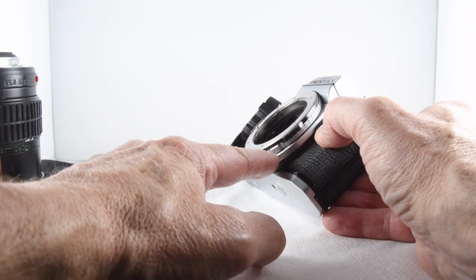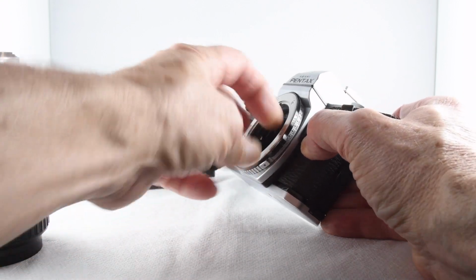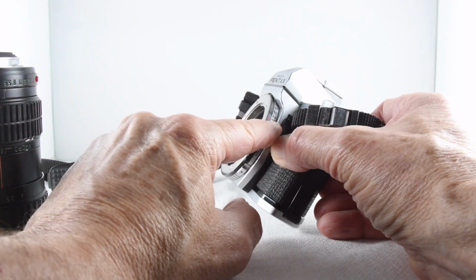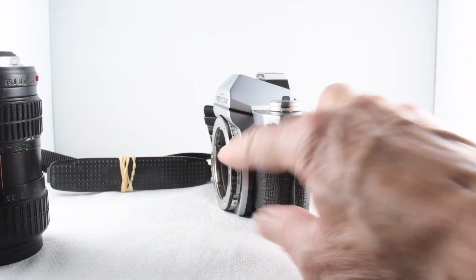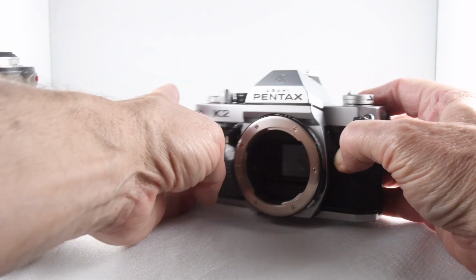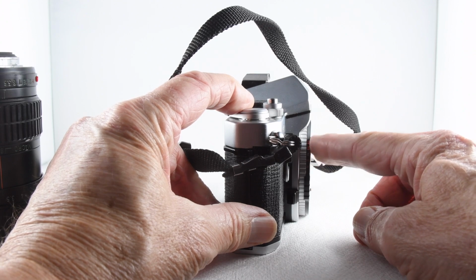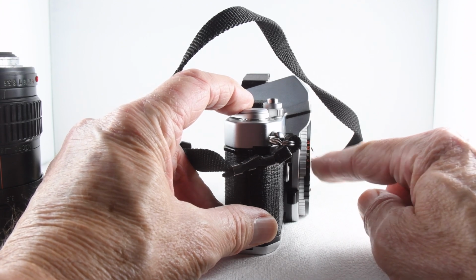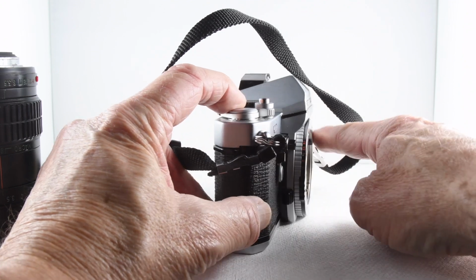And we have this little release that we push in, I believe, and then we rotate it to our given film speed with the red dot just there. But at the same time, over the other side, we have to be careful, because over the other side we have exposure compensation, and we have to set that to 1. If we're not careful and it's not on 1, then when we set our film speed,